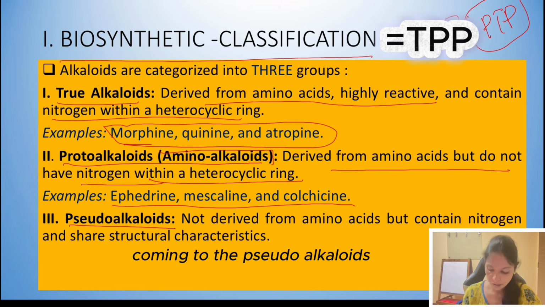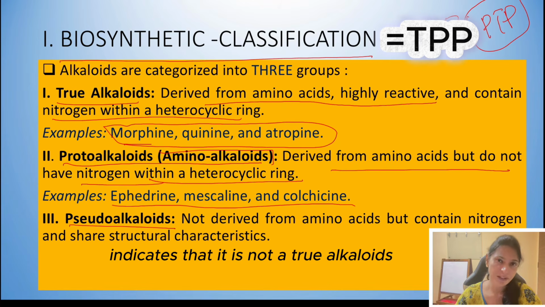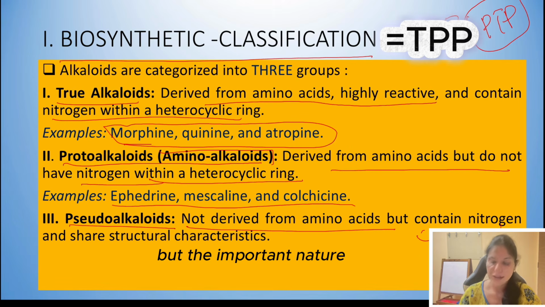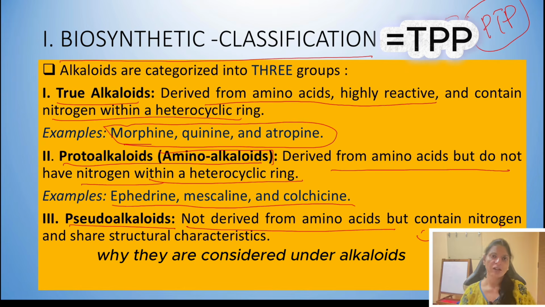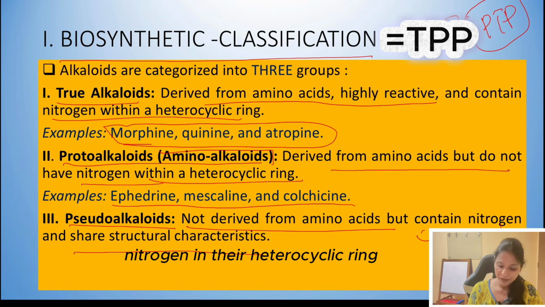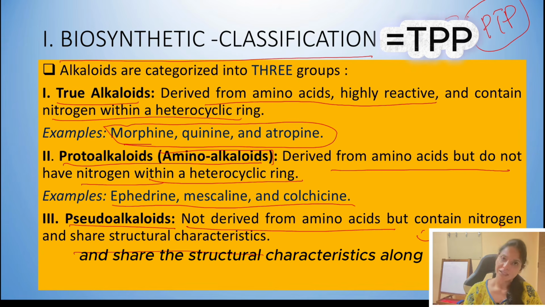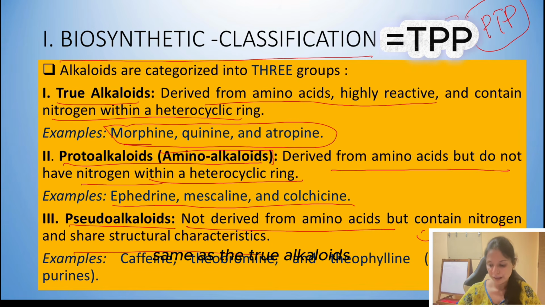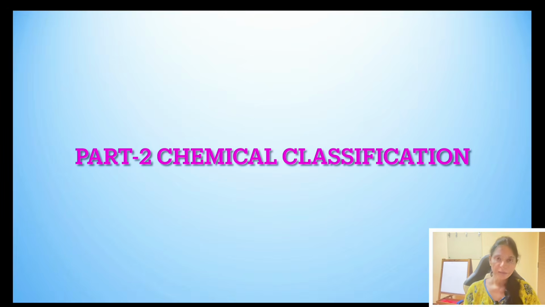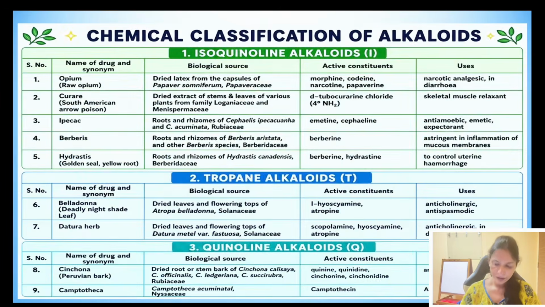Coming to the pseudo alkaloids, pseudo from the name itself indicates that it is not a true alkaloid, that is, they are not derived from amino acids. But the important reason they are considered alkaloids is that they contain nitrogen in their heterocyclic ring and share the same structural characteristics as the true alkaloids. And the best examples here are caffeine and theobromine, derived from purine alkaloids, and